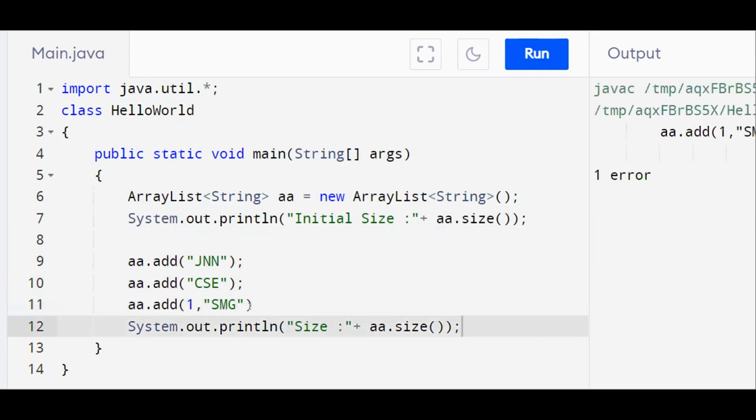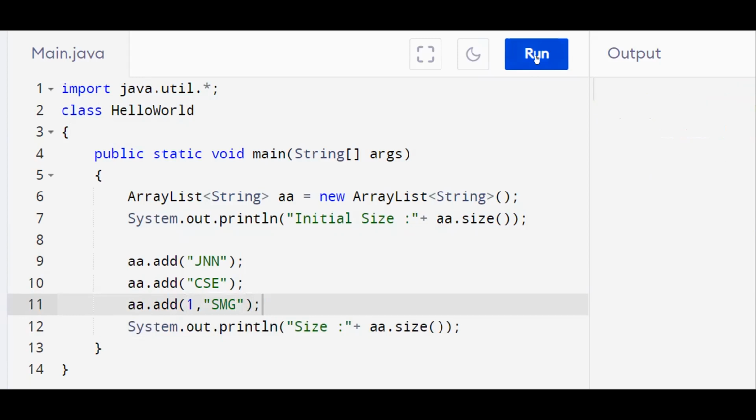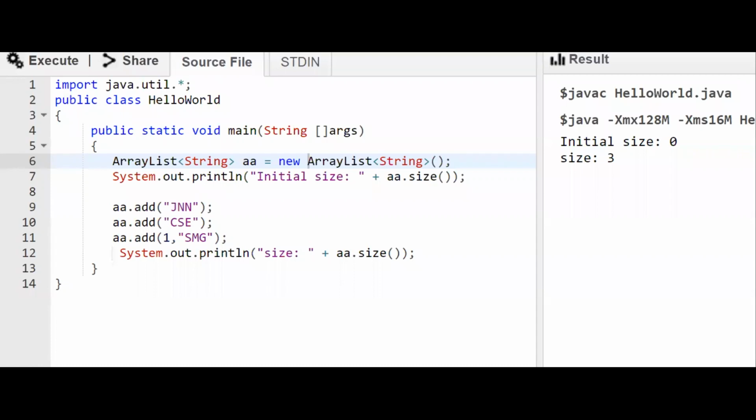This is another overloaded version of the add method. You can observe the output: the size is now 3 after adding an element by specifying its index position.